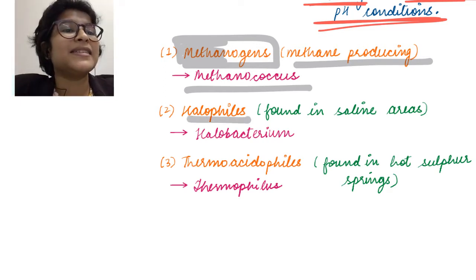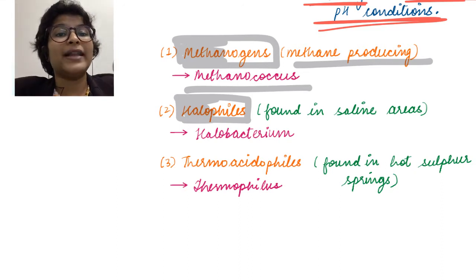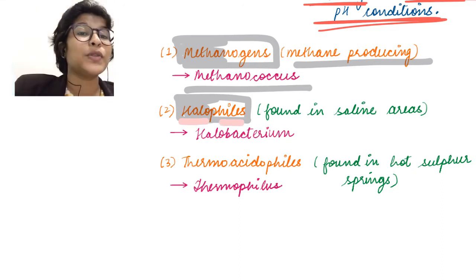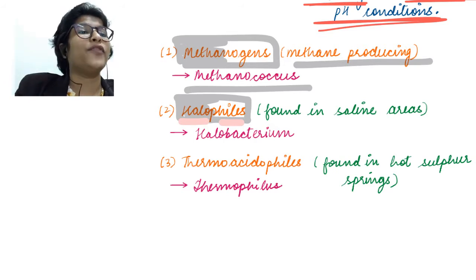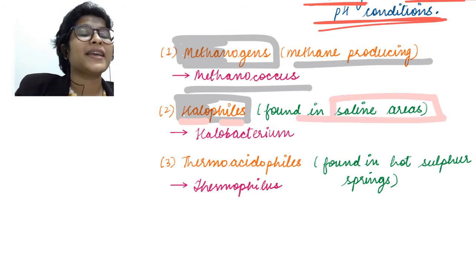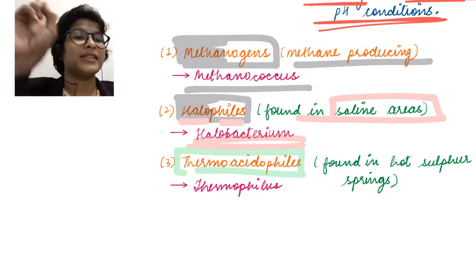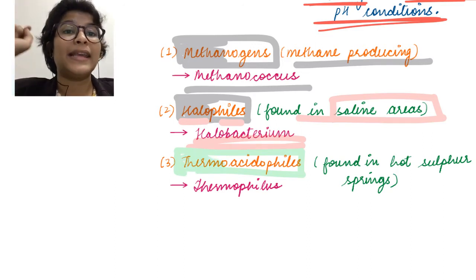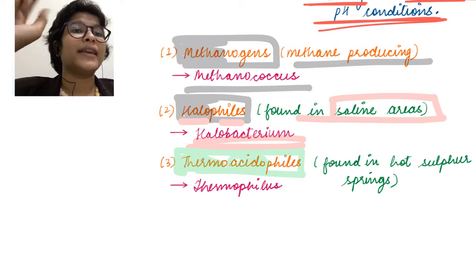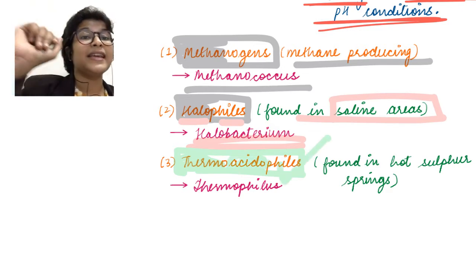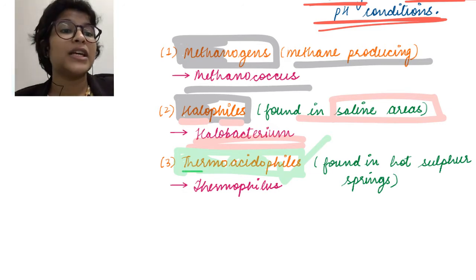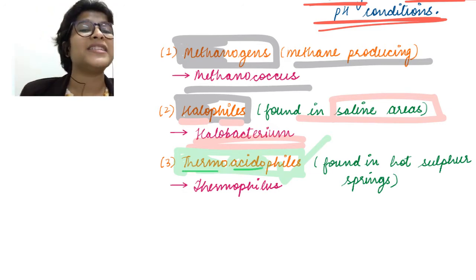The second is halophiles. Halo यानी कि salt और philes यानी कि loving. तो ये है salt loving bacteria, therefore found in saline areas. ठीक है, example halobacterium. Simple. The next category is thermoacidophilus. Again, दो चीज़ें, thermo यानी heat and acido यानी acid and philus यानी कि they love thermal, that is high heat, and acidic content.